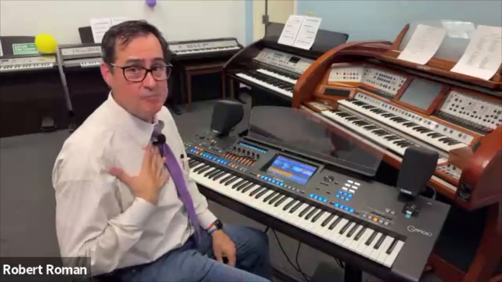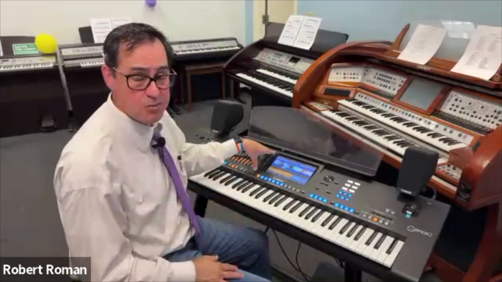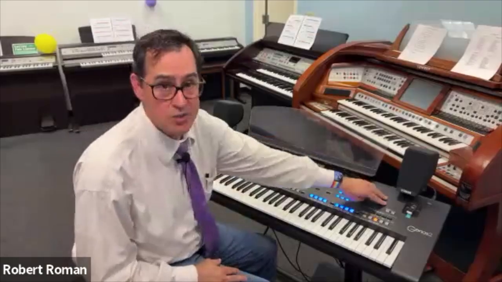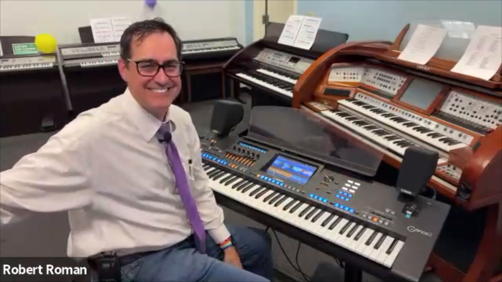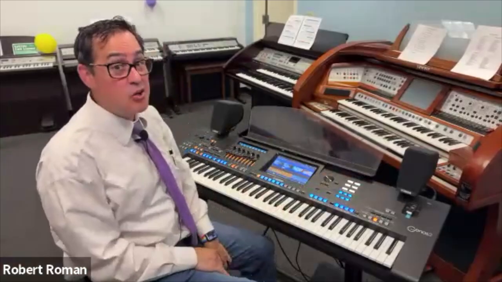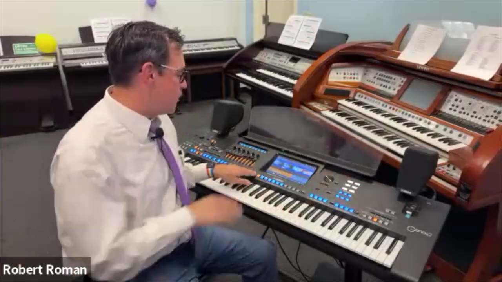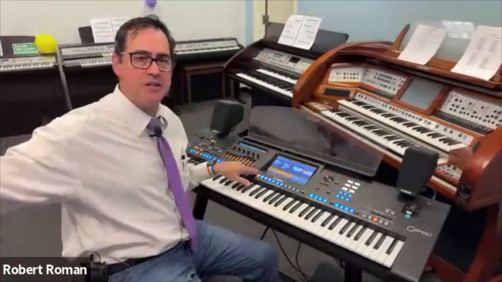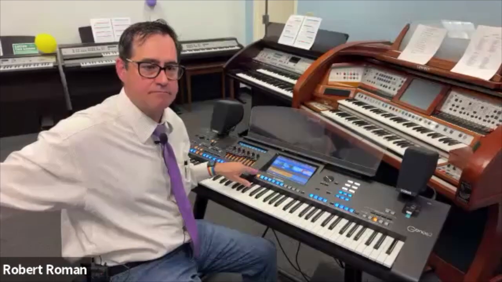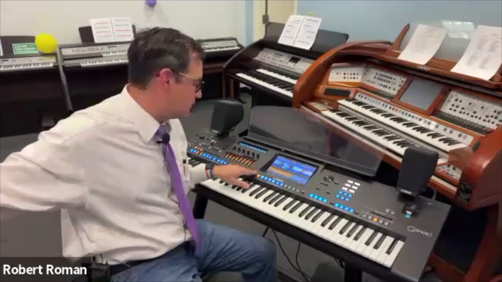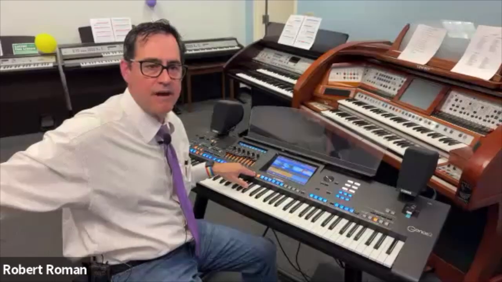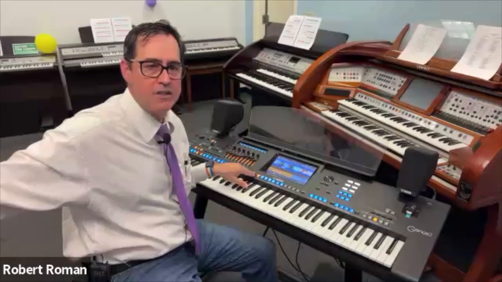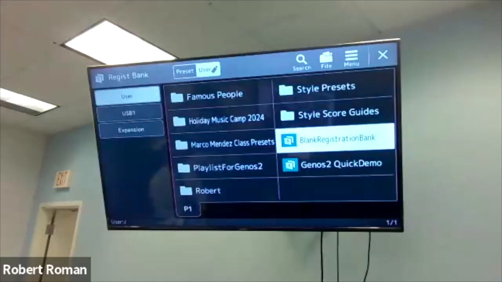Like I have them in multiple places. I have them on the instrument, I have them on a USB, and I have them on my computer. Okay? That way I never lose anything. But if you want to save these into the instrument, here's what you do. So you push the two buttons together, your registration bank plus and minus. All right? And when you do that, you're going to get, going back to the screen here,